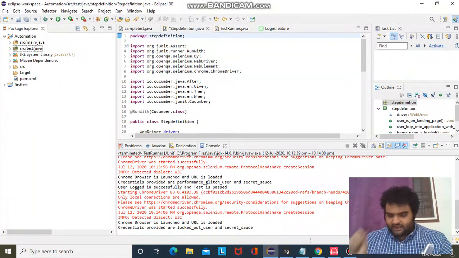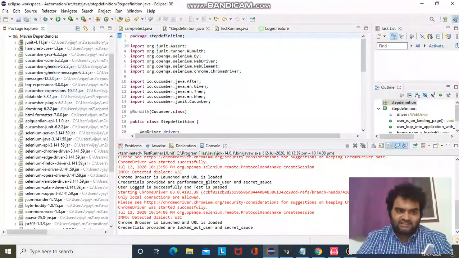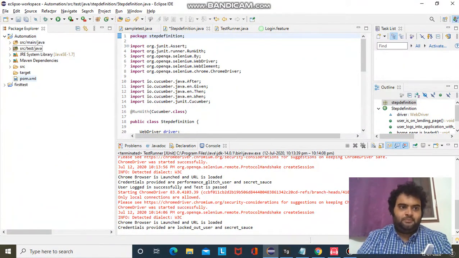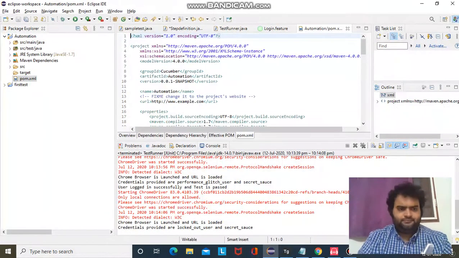Generally, as we use in the existing TestNG framework or older frameworks, we would be exporting jars manually. But here the entire heart of the program is at Maven Dependencies, where the necessary jars are added. So it's not required that we add the jars manually; instead you should go to the pom.xml file. If you right-click this pom.xml, you need to double-click it.